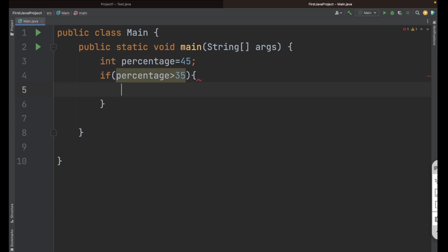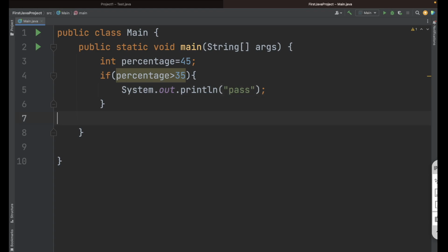If this condition is satisfied, or if the condition is true, then only it will come inside your if block, and whatever logic you want to write, you can write in the if condition. Let's suppose here I want to say if the percentage is greater than 35, then that student is passed.